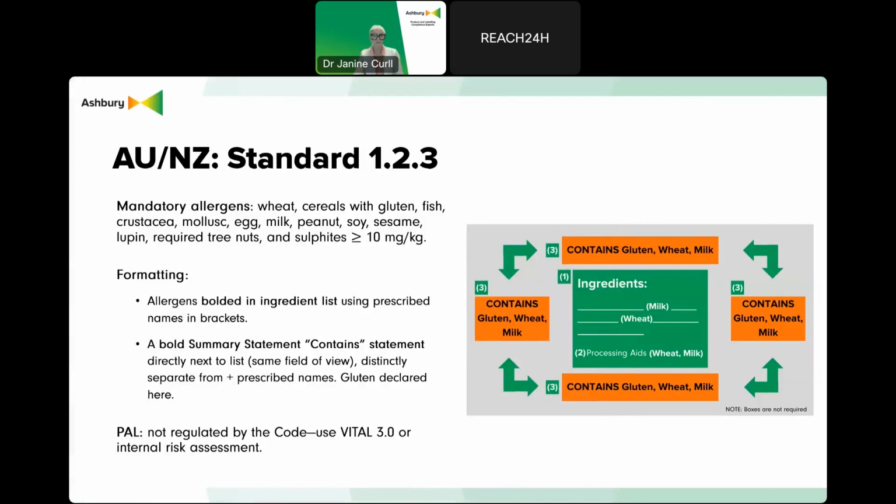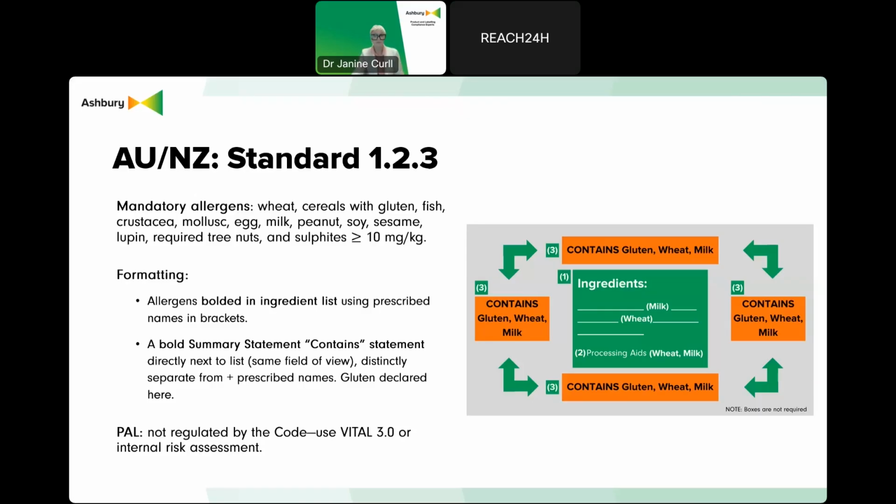Turning now to Australia and New Zealand, which requires all foods to comply with an updated Food Standards Code standard known as PEAL, Plain English Allergen Labelling. The change sets strict rules for when allergen declarations appear, how they look, and what words you can use. We've been in a transition period where anything packed before 24 February 2024 can remain on the shelves until 24 February next year. After that, everything must meet PEAL.